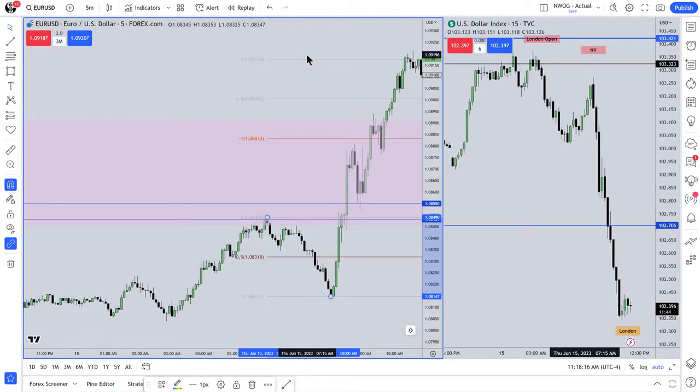If you're going to leave a runner on, at that time, we usually peter out, especially if we do so when time is met, and that being 10 o'clock in the morning, New York local time, to noon. That's London close. So for your notes, especially with the folks that are brand new, when markets are going down, or we're expecting the daily candle to be a down close candle, between 2 o'clock and 5 o'clock in the morning, generally you're going to see the high form. And generally, the New York session between 7 o'clock in the morning and 9 o'clock in the morning, New York local time, will create a continuation pattern.